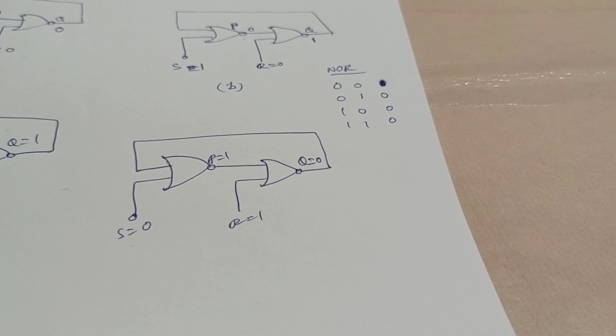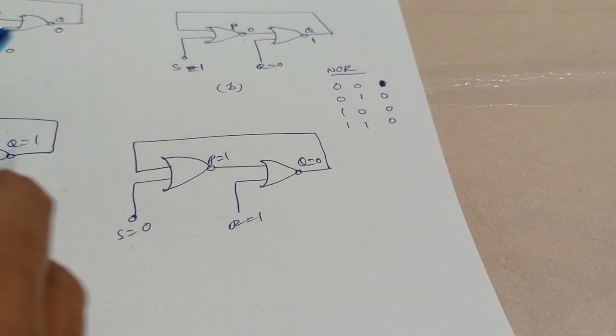This circuit is said to have memory because its outputs depend not only on the present inputs but also on the past sequence of inputs, because here we are giving the feedback. Here there is a restriction that the input S equal to R equal to 1 is not allowed. The stable states of the outputs P and Q are always complements.